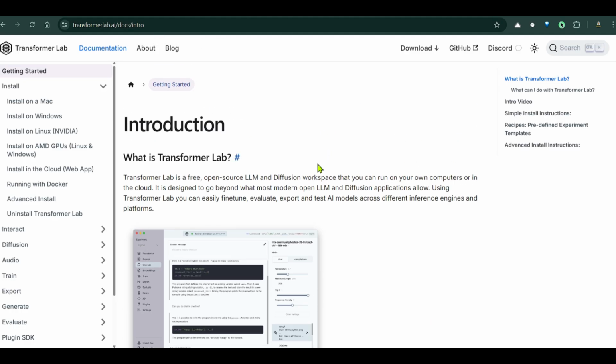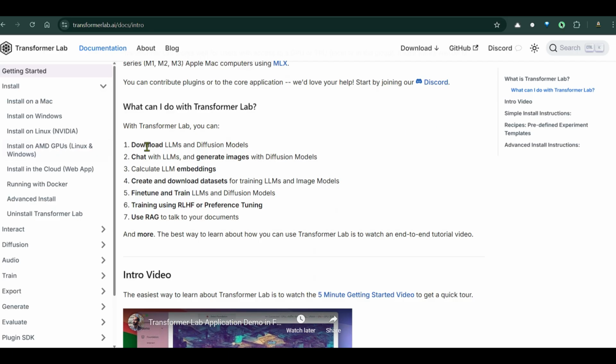So what do we have? We have Transformer Lab. It is designed to go beyond what most open LLM and diffusion applications allow. So using Transformer Lab, you can obviously download LLMs and diffusion models, and you can use those. You can chat with LLMs, you can generate images with diffusion models, you can calculate LLM embeddings, you can create